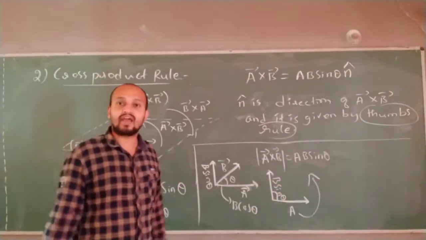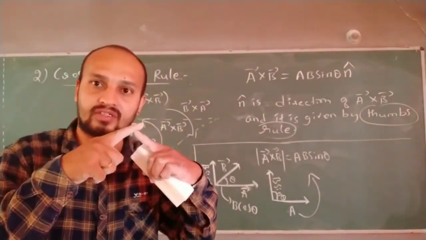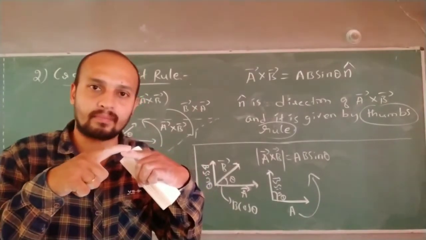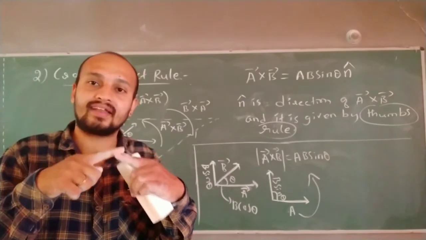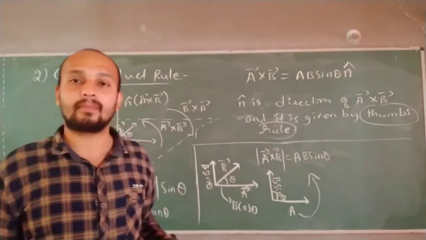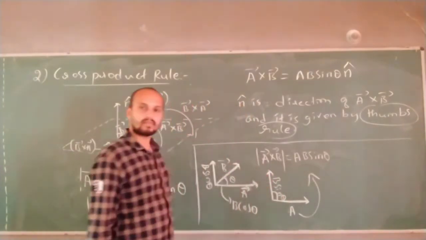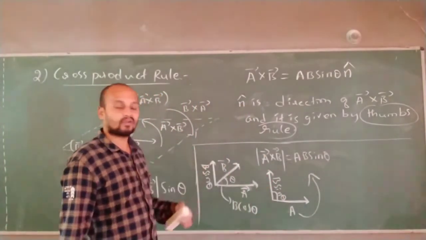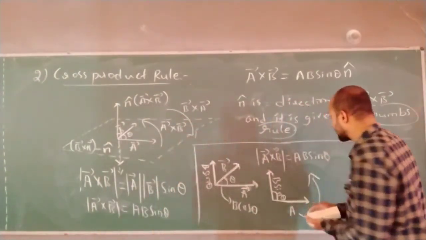So, if there is a situation of multiplication of two vectors when they are perpendicular to each other, that situation will come. I will give you an example. If there is a multiplication of two vectors which are perpendicular, the value of those two vectors is AB sin theta. Correct now? Magnitude value will be AB sin theta. You can resolve this into another case also.